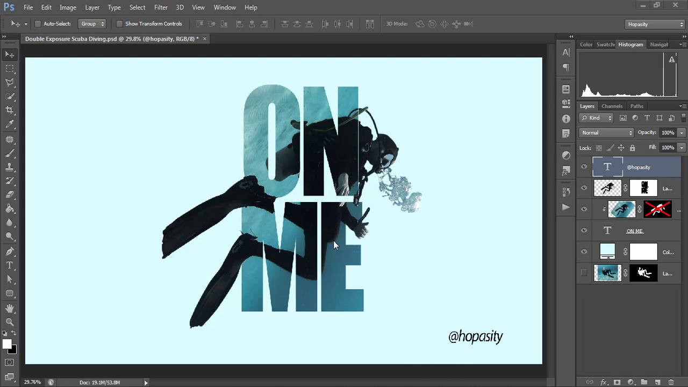So today we're going to make a double exposure text effect in Photoshop. This is the finished thing that we used to do, and that's the layer, as you can see. So the first thing I'm going to do here is to